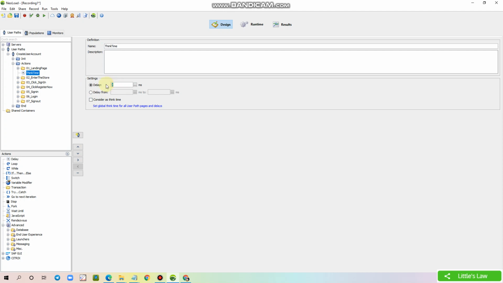And let's give an average think time of 25,000 milliseconds, which means 25 seconds. And let's copy it to the other requests as well.